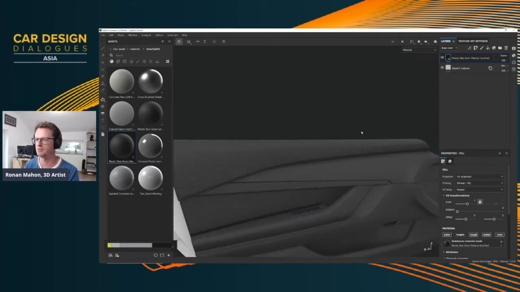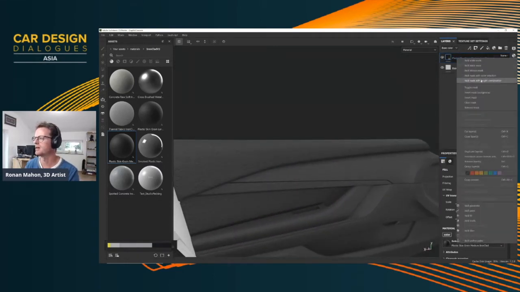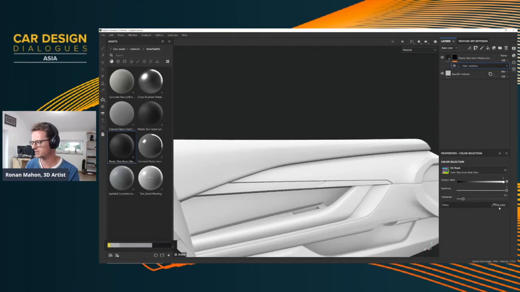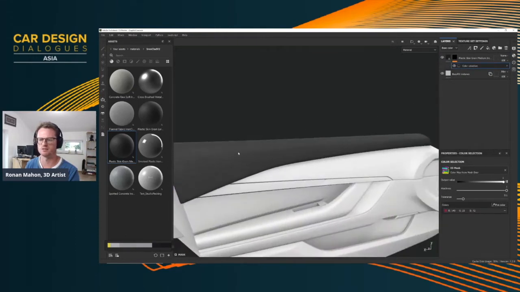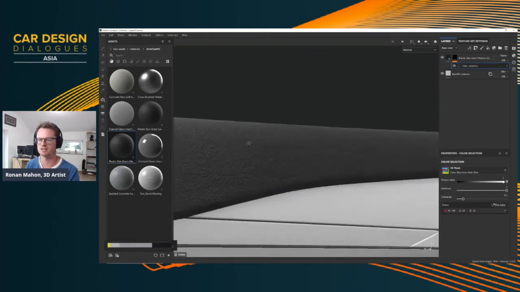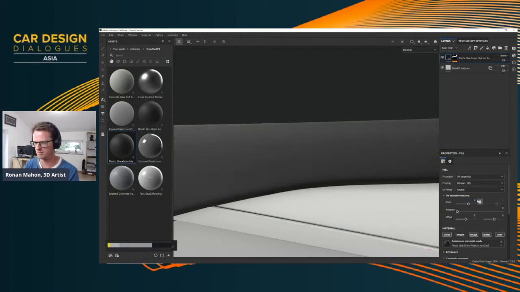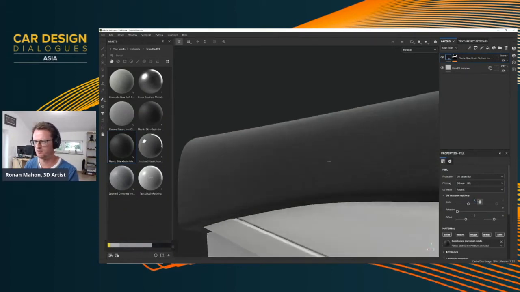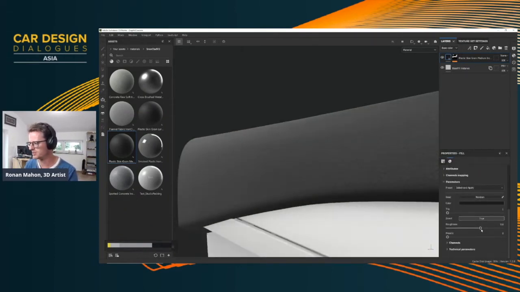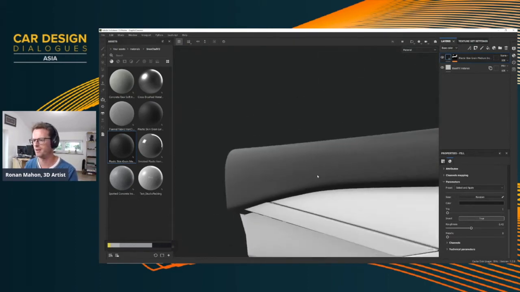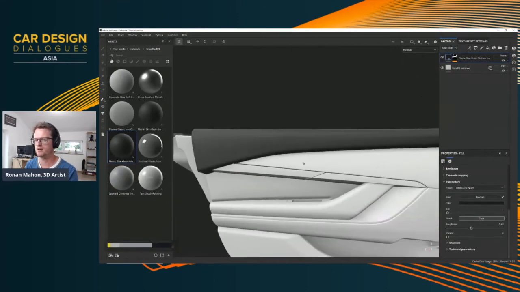So we're going to put a little bit of plastic at the top here, and we're going to add a mask with color selection. And I'm just going to say, oh, I just want this color to be the plastic. Now it's looking a little bit gnarly to me there, and the scale is a little wrong. So I'm going to change the grain to maybe a little bit finer detail. Perhaps I want to reduce the roughness a little bit, maybe make it a little glossier. Okay, so that's the top there.